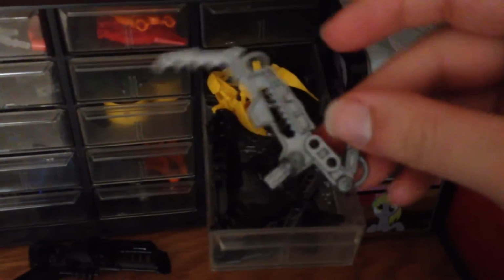But in the drawer below it, I have kind of a mish-mash of parts. These are mostly just various weapons in silver and gunmetal, like the 2011 little blaster weapons and the little sword talon weapons. They all kind of fit in one, so that's why I put them together. And of course I have just kind of backup swords, the Rakshi blade, and another blade piece. I have just various blades in there, which is why I'm probably going to separate my weapons depending on what